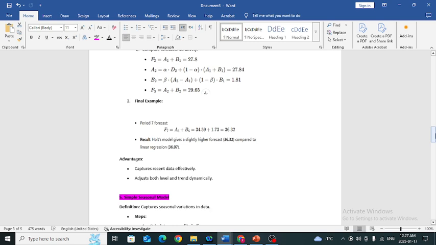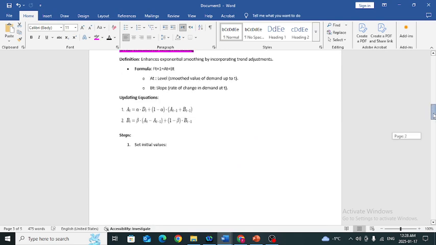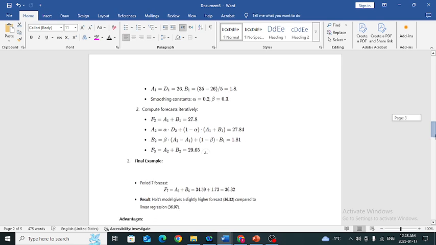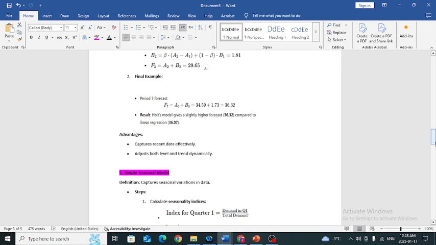If we want a forecast for period 7, we just use A6 plus B6, like A1 and B1, just A6 plus B6. By putting the data into this formula, you can find the result. It is very easy, you just put the data in this formula. So for the forecast for period 7, our calculation total is